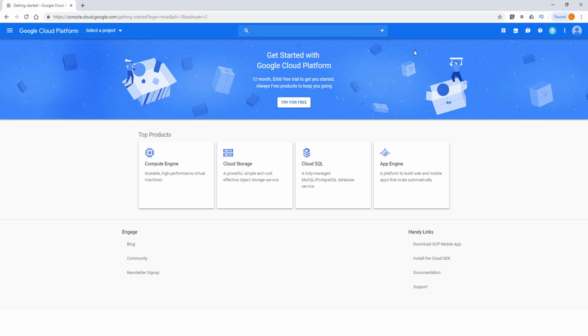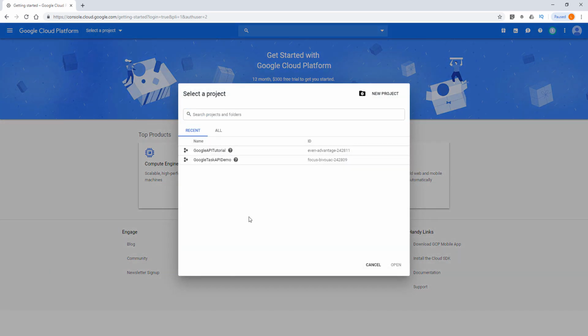Okay, now once we sign in, this is probably the page that you're seeing right now. You want to go to the top and click on select a project. So here, think of a project as equivalent to an application or a program. And within a project, you can have multiple API services enabled. Also, you can have multiple people working on the same project as well. And you can see that here I already have 2 projects created, but I'm going to click on new project